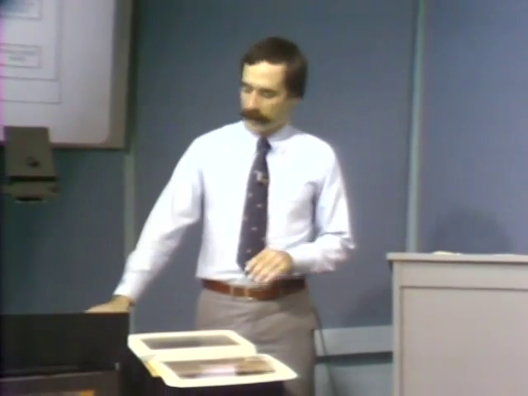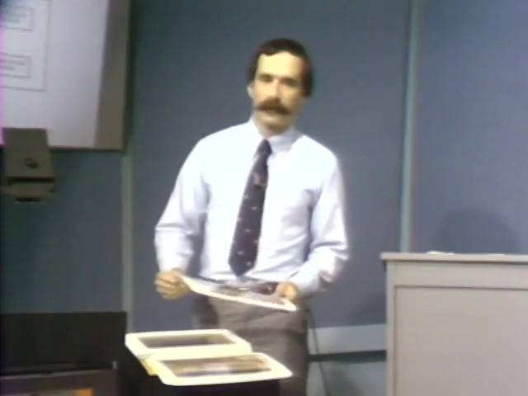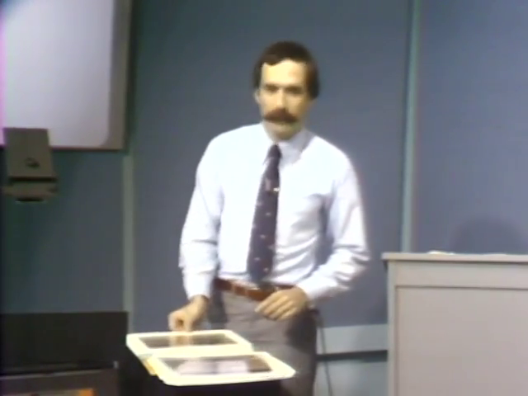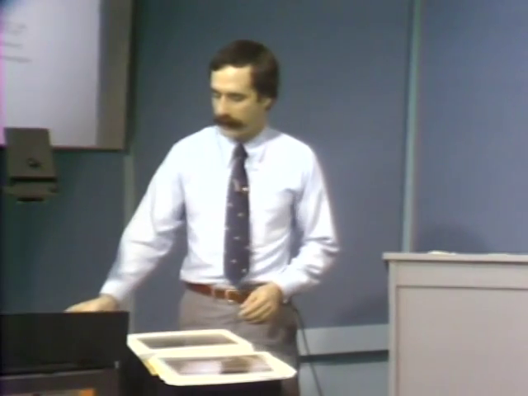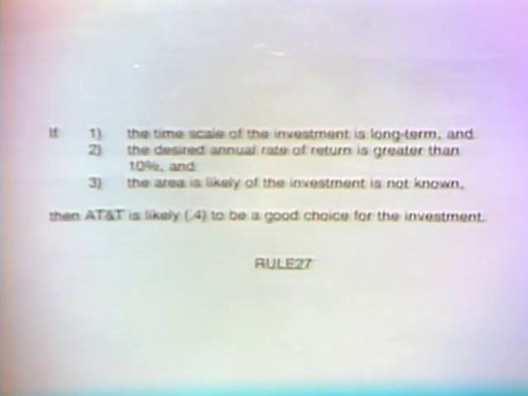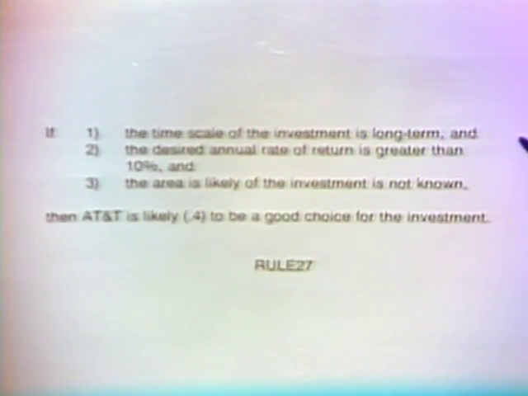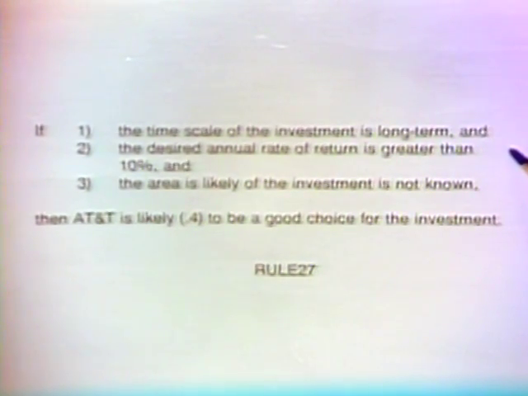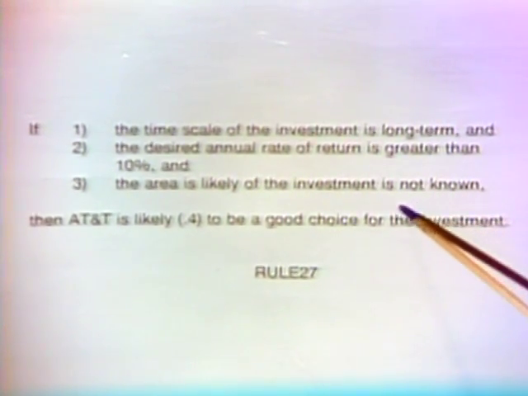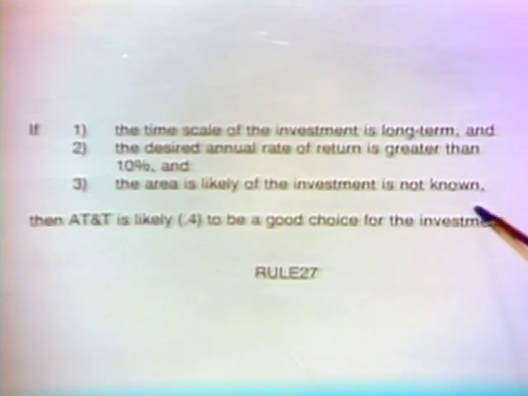So let's see how all of this works. Let me show you first a typical rule from that domain. You'll recognize quite readily the form of that rule because, as before, it's a simple if-then rule of the sort that we saw in the Mycin system. Now here we've got the rule with its if and then parts. In this case, though, we're simply dealing with a different domain, so we talk about the time scale of the investment, the kind of rate of return that we want, whether or not we know the area for the investment. And notice in this case we have a slightly curious phrase. We're saying the area for the investment is not known.